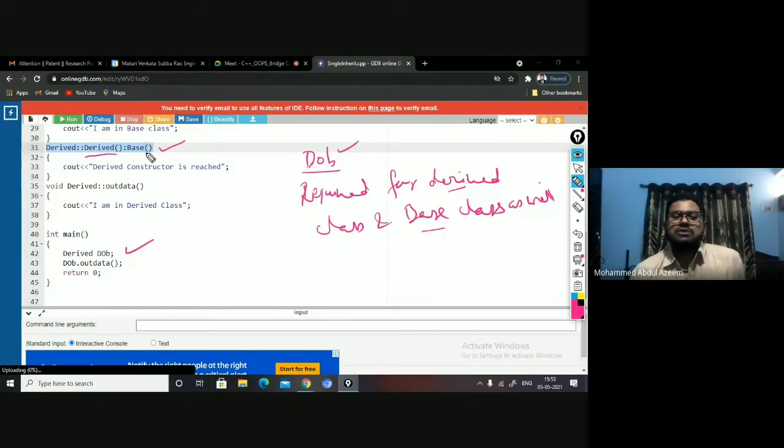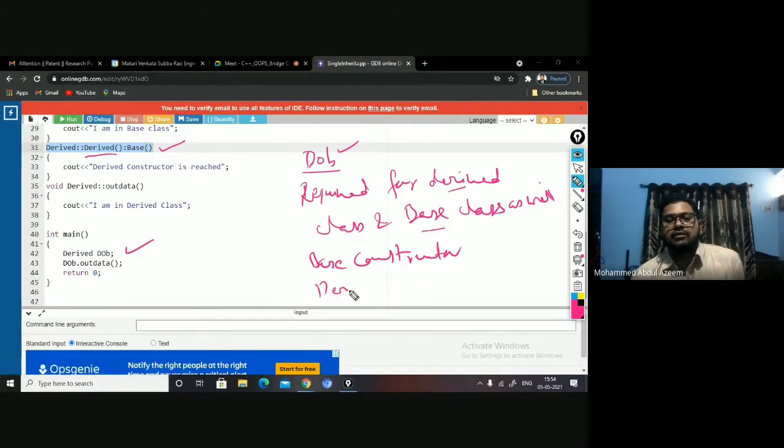Since the derived class is inheriting the base class, the responsibility of the derived class is to first initialize the base class members. So that is the reason the base class constructor is called first. You can see the base class constructor is called here first.